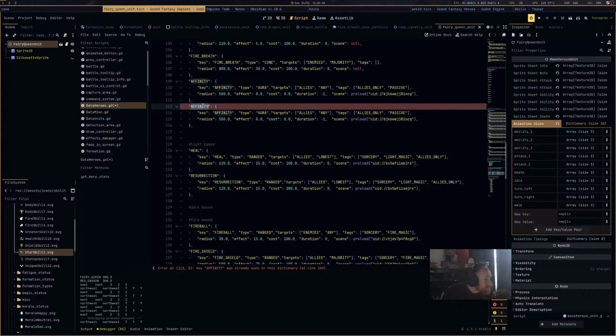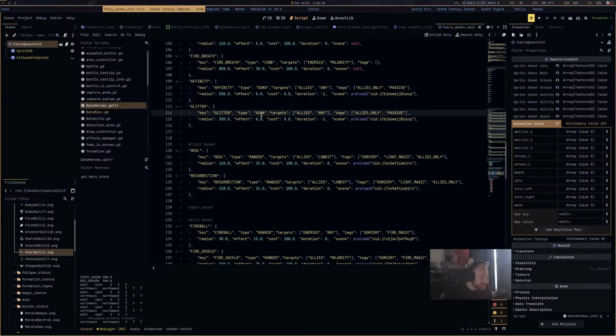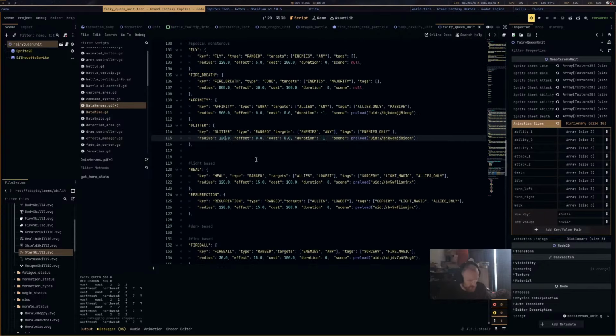So Glitter. This is ranged. It targets enemies. Any. Enemies only. Its radius is, I don't know. Normally things are 120, so I'll do that. 120. Its effect is 50. Maybe that's half, 50%. And it lasts for